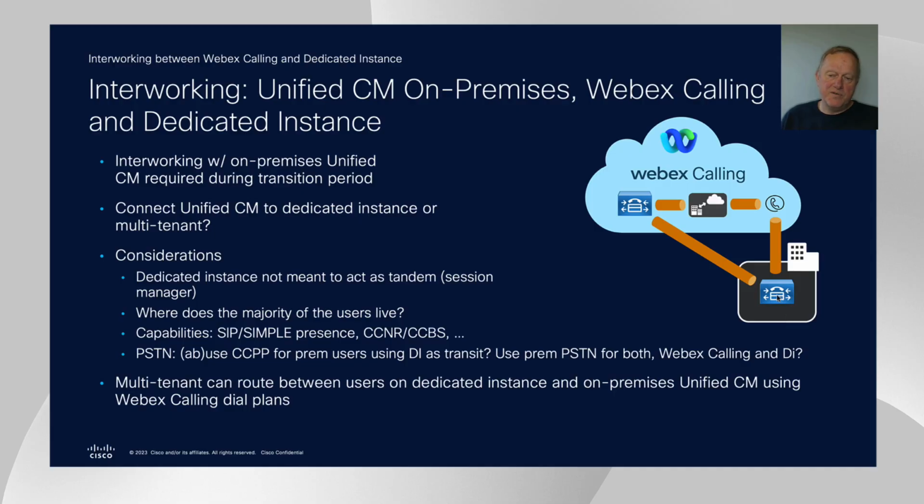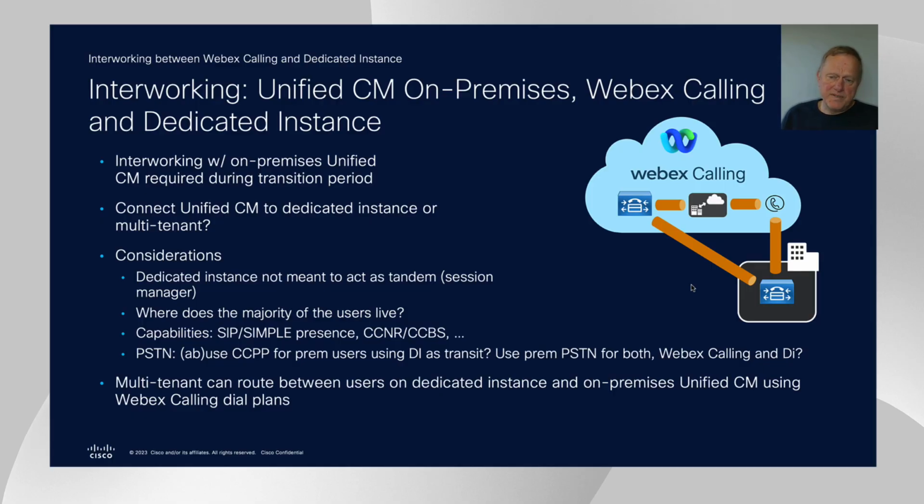That call would be routed to DI based on the enterprise dial plan configuration here on UCM. And then DI would basically forward that call on to Webex calling multi-tenant, and that would potentially allow this user down here to consume Cloud PSTN. That's technically possible. That's nothing we want to support, but all of these factors basically go into this design decision